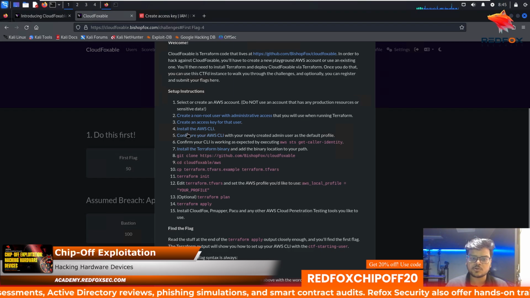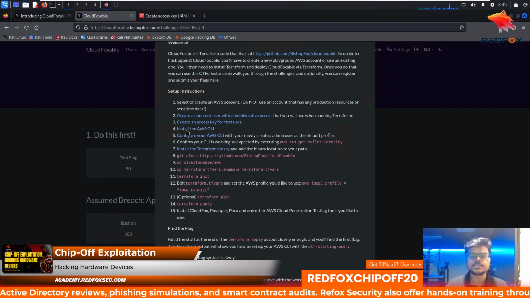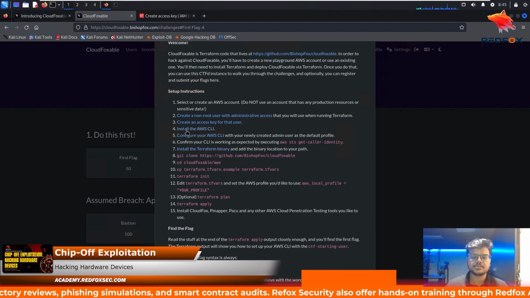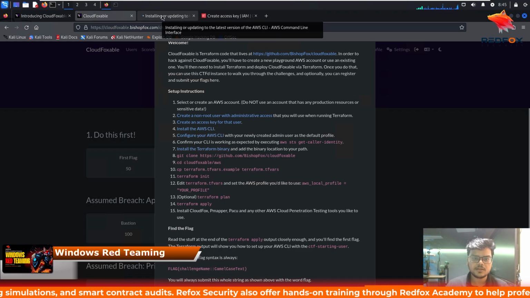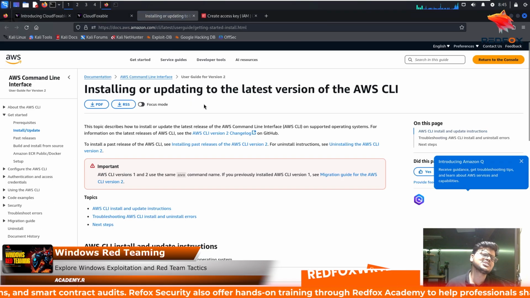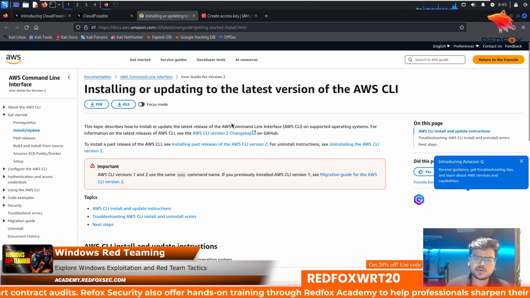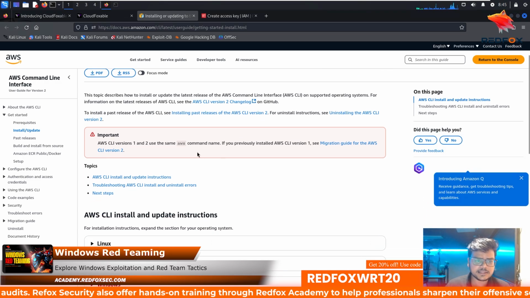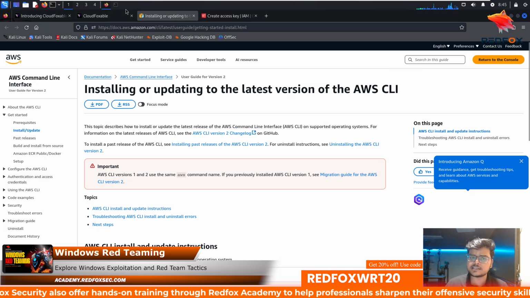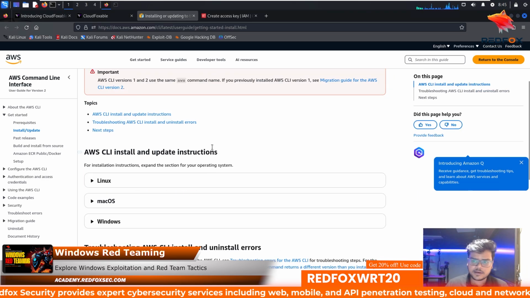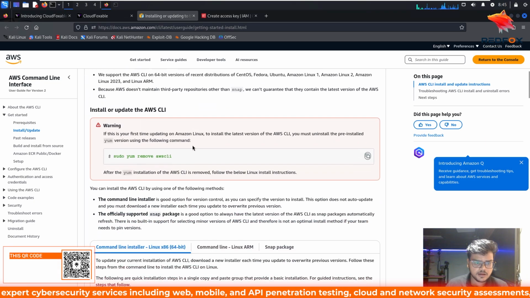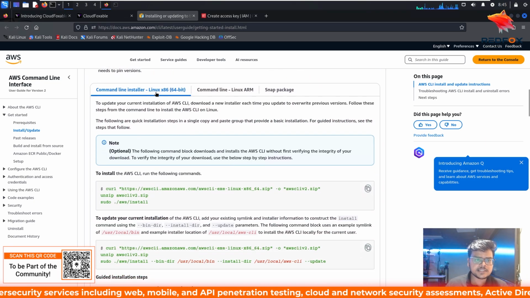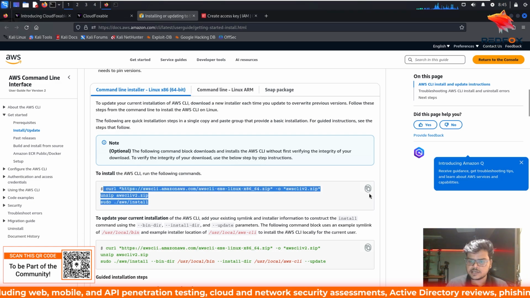Now let's switch over to the next step, which is installing the AWS CLI. So let's do that as well. Let me open it in a new tab. The steps are pretty simple for installing AWS CLI. So yeah, I think we are using Kali Linux operating system. So we can scroll down, go to Linux, and yeah, this is how you can install it. So these are the steps. So let me just copy it